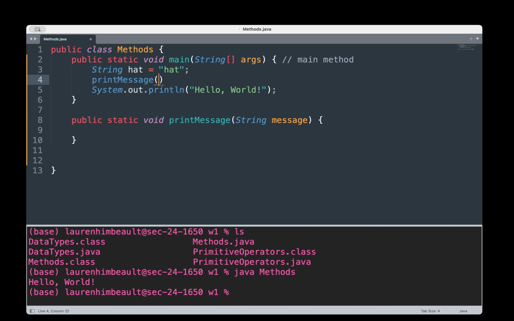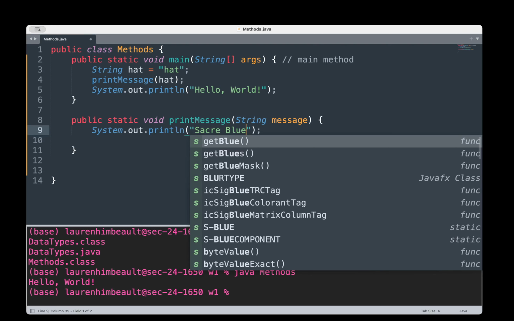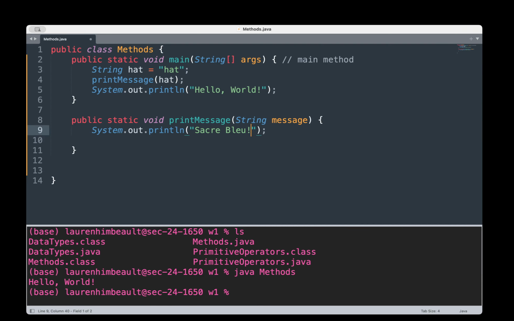We can just say print message and pass in whatever message we want to print. In this case, I'm packing my hat variable, and that's what's coming with me in here. And then inside print message, I can decide exactly what I want to print. Wow. No. Sacré bleu, right? Nope, bleu. Bleu. I don't know. That's a nice